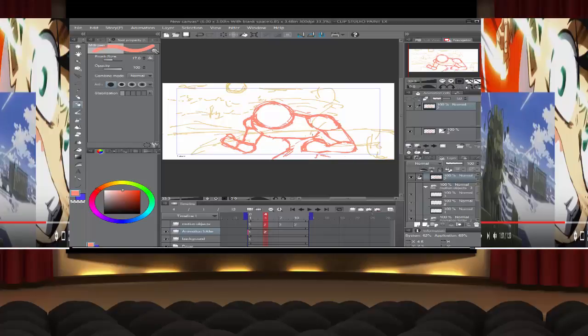I'm gonna turn off the onion layer a little bit so I can see exactly where I need to fill in. Because whenever you do this technique, you need to erase where things need to be erased, and you need to fill in where things need to be filled. Otherwise, the technique's not being used properly. It's not being used to your advantage,